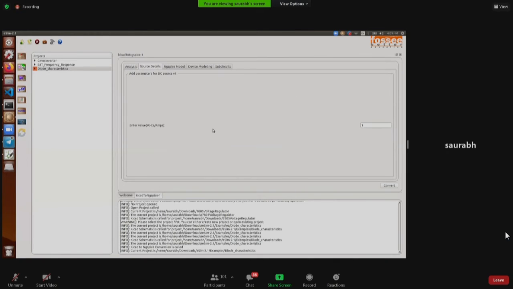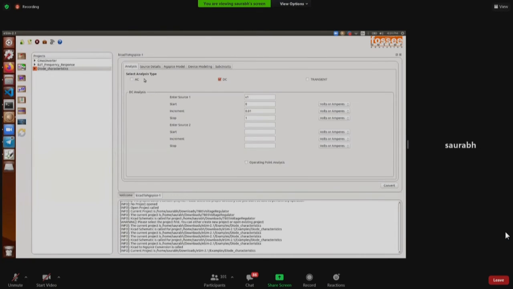And as we have seen in the video, you can specify the parameters. If you select AC sweep, it will ask you what kind of scale you want. Do you want an octave scale or a decade? What should be the start frequency? How many points you want to cover? Things like that. For DC sweep also, you can specify the sources. As you increase the number of sources, this range will keep increasing. You can specify the range and the unit that you want.